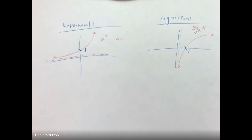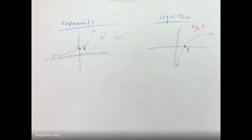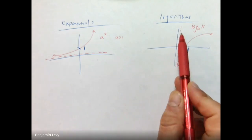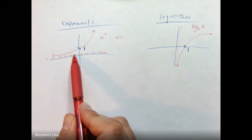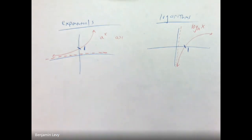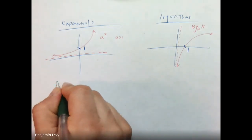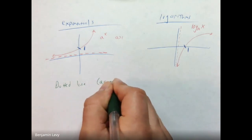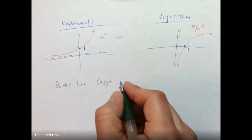And the key thing about graphing them is when you move the graph left or right with logs, the dotted line will move. And when you move the exponential graph up or down, the dotted line moves. That's the key thing that most people end up messing up on tests or potentially the homework, is that the dotted line, which is known as an asymptote, which we'll talk more about in the rational function sections,